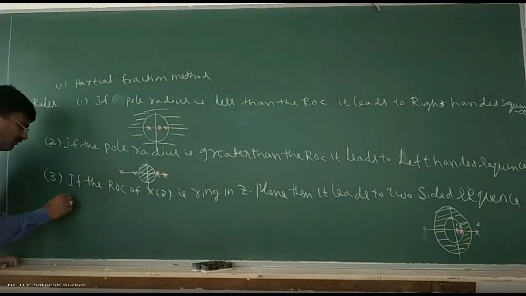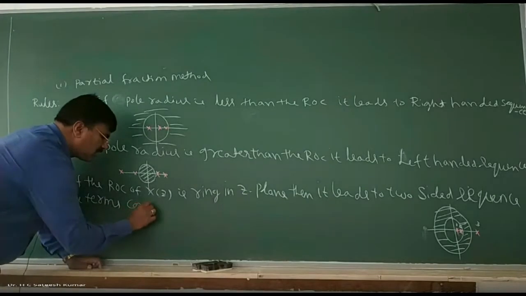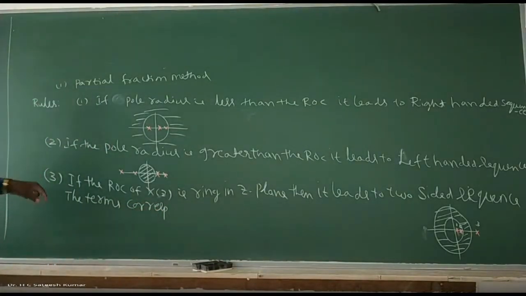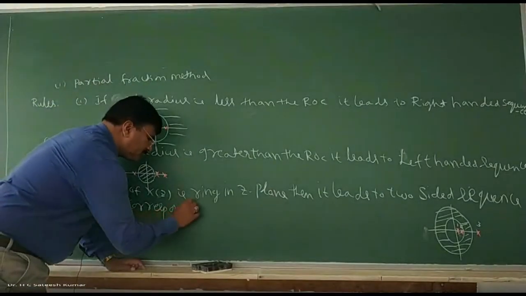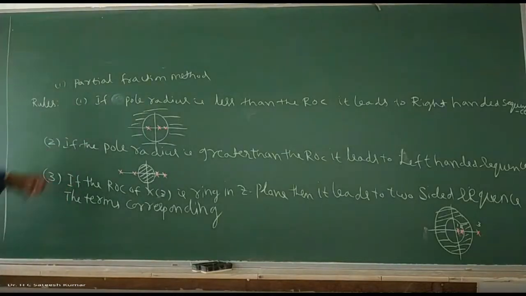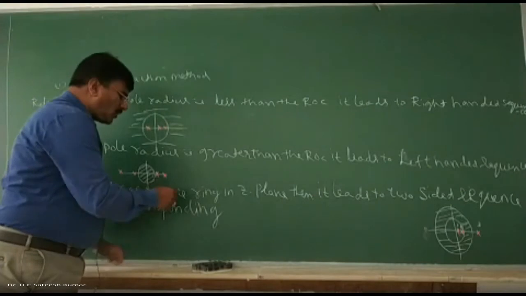That is, the terms corresponding to the poles. This rule is very, very important in the entire chapter for all the three rules. Based on this only, we are going to find the inverse Z transformation in the partial fraction method. You'll understand the meaning while solving the problem. Now it looks vague, but when you are doing the problem, you'll understand. What is that? The terms corresponding to the poles